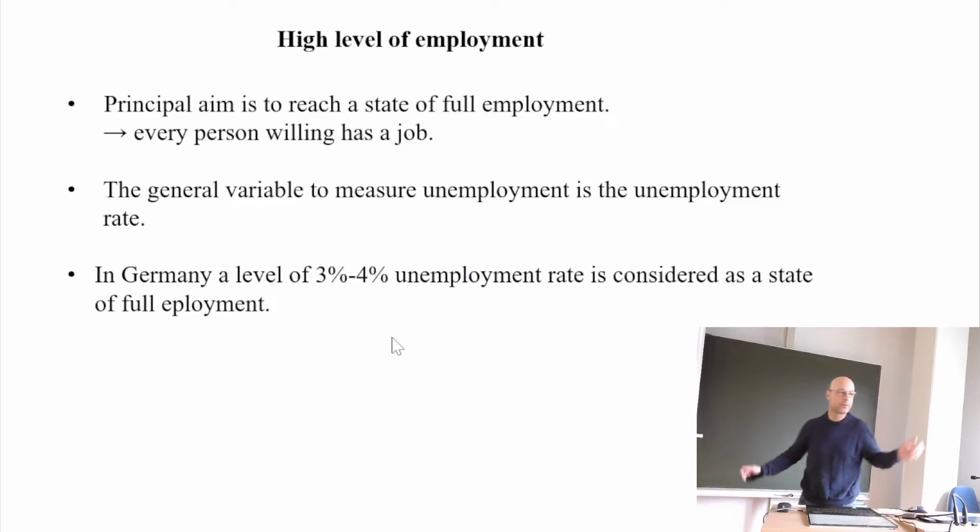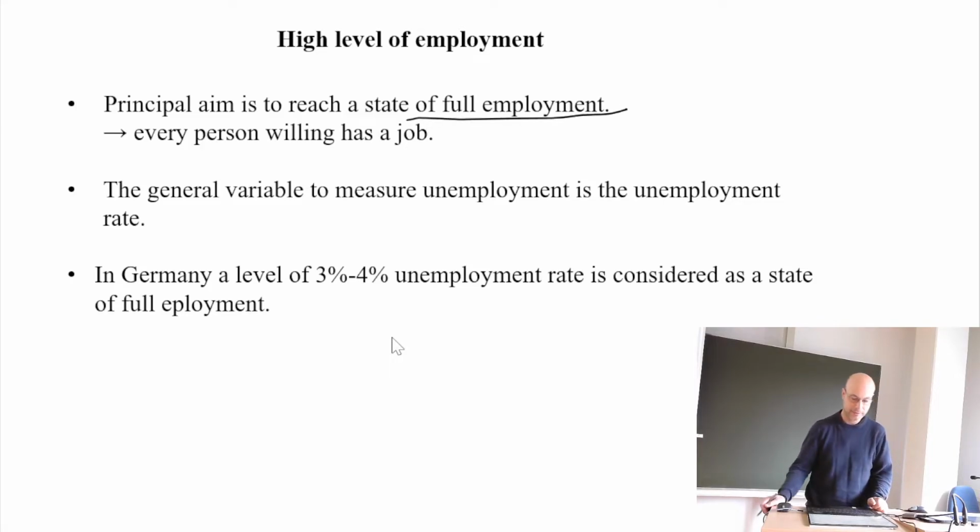So what is, of course, the principal aim? The principal aim is to reach full employment. And full employment, we have to distinguish this from the case that everybody is working. Because what do we understand by full employment? We understand by full employment that every person who is willing to work also has a job. And this is quite important